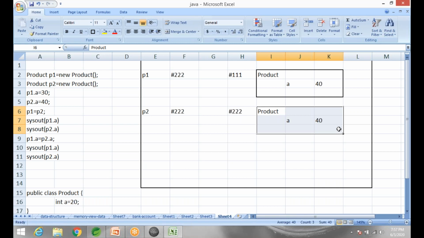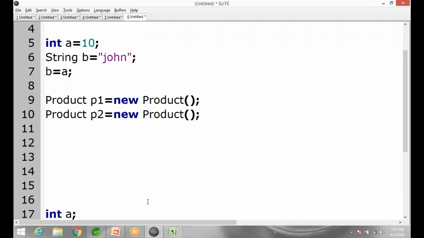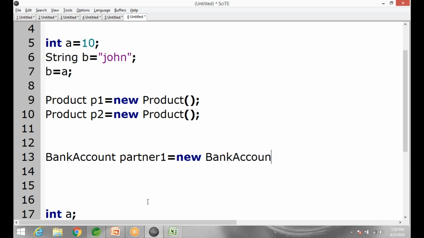And this makes sense when you are trying to do something on purpose. Imagine if you want to open a joint bank account. How do you do that? Then you can merge them. If you're working on a section which deals with a joint account, you'd rather do it like this. Bank account, partner one, new bank account. Now, since it is a joint account,